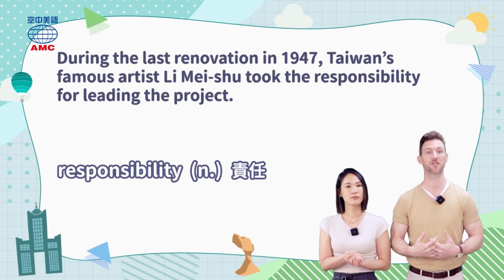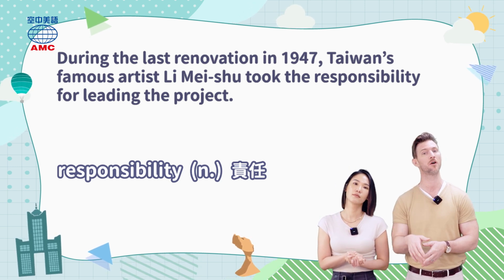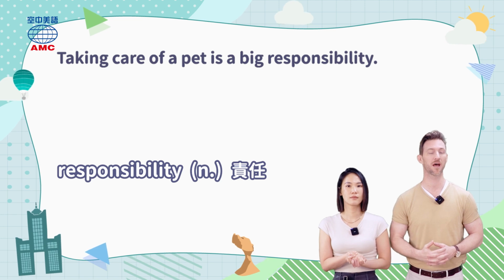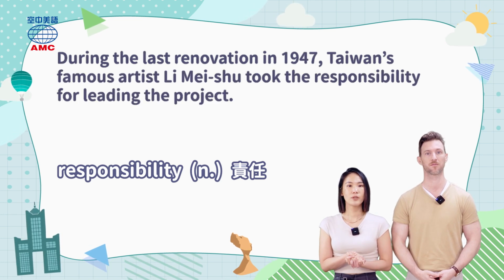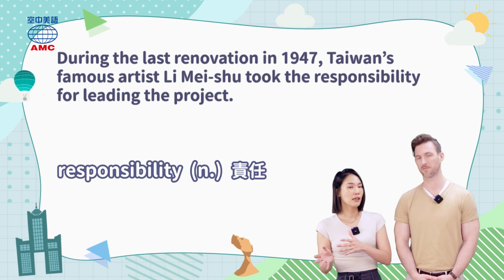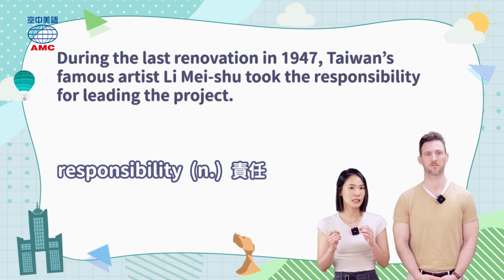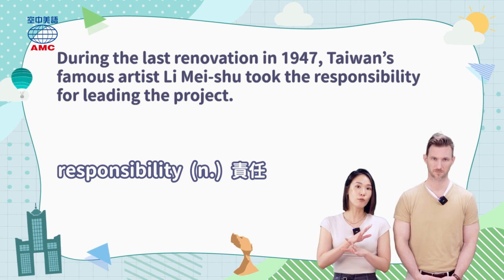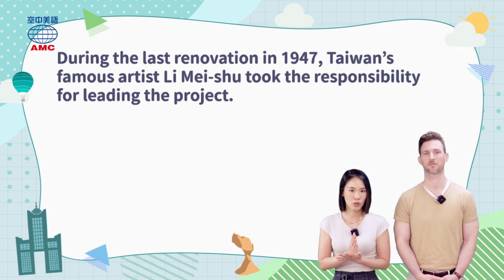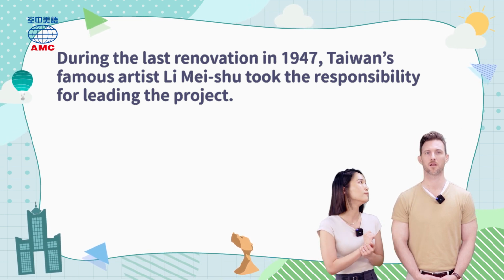And then we also saw the word responsibility. Responsibility is a duty or obligation to take care of something or someone. So for you guys out there, you could say, taking care of a pet is a big responsibility. Responsibility 就是名词，代表责任。Take responsibility for doing something，那就是负责某事。它的形容词是 responsible，不负责任就是 irresponsible。